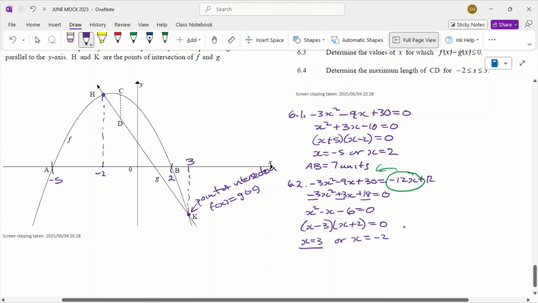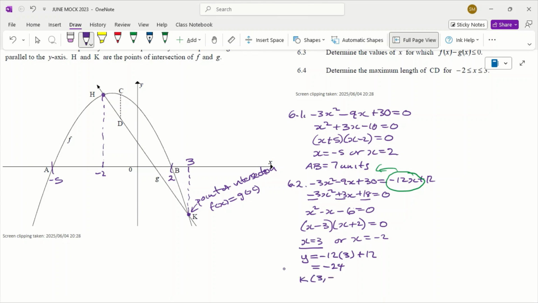6.4 says determine the maximum length of CD. Before 6.4 we are at 6.3. 6.3 says determine the values of x for which f of x minus g of x is less than or equal to 0. So we need to find the values of x for which f of x minus g of x is less than or equal to 0. Now, for us to answer the question, we need to take g of x to the other side, so that